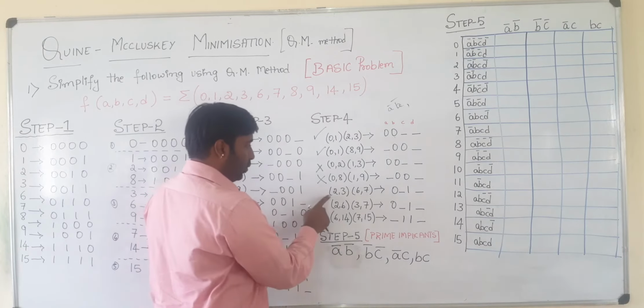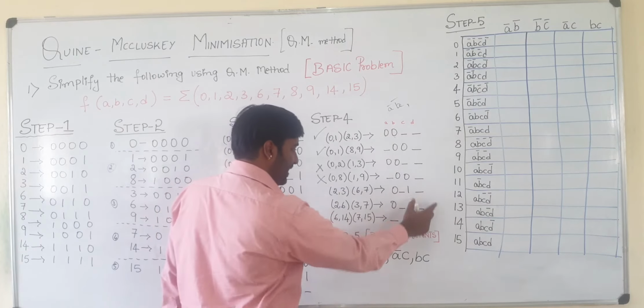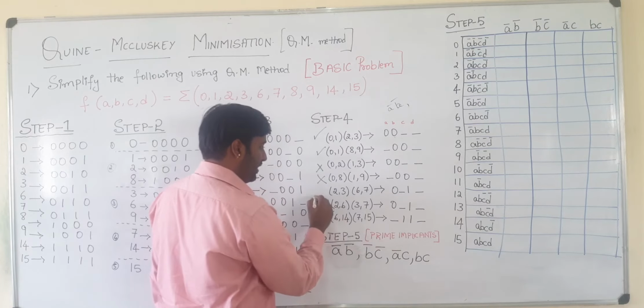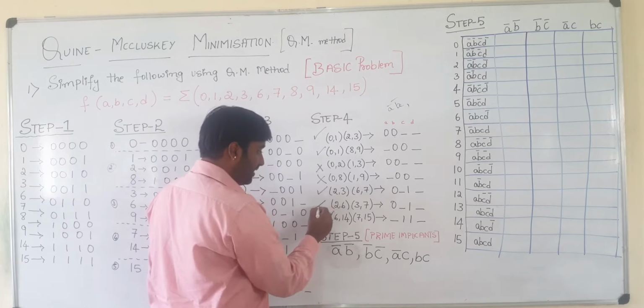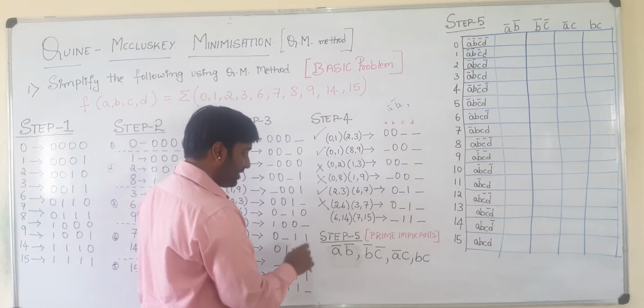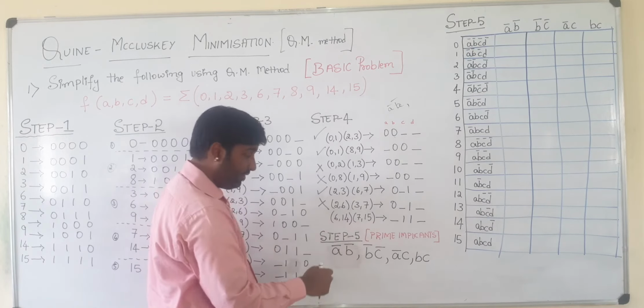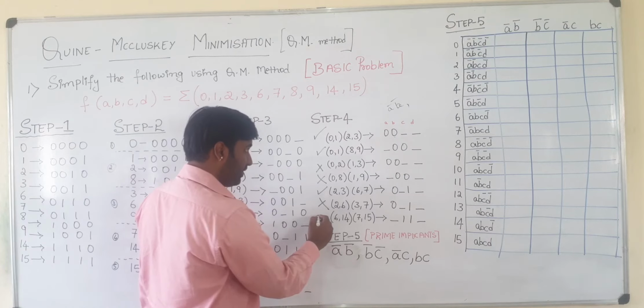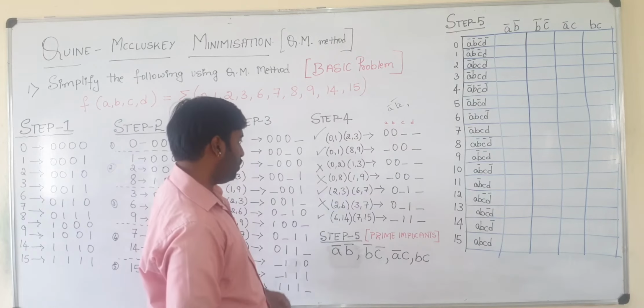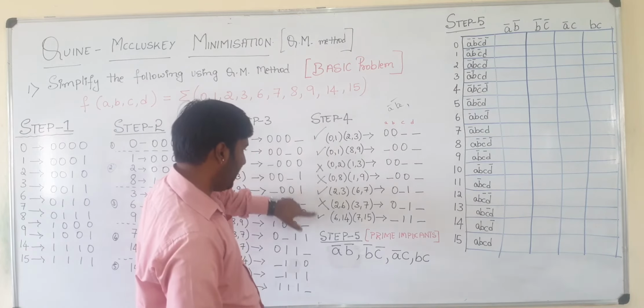Next 2, 3, 6, 7. Dash dash at the middle. Here I have. So consider the first one. You will be cancelling the second set. Next here I have 6, 14, 7 and 15. Here will be considered the second step. Okay, so totally we have 1, 2, 3 and 4.